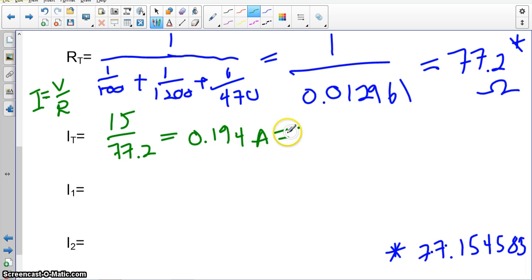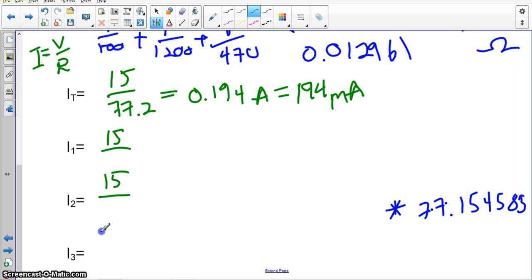You'll see it as 194 milliamps. It's infuriating, actually. And then you do the same thing for I1, I2, and I3. Literally the same thing. You're using the same formula, our friendly neighborhood Ohm's law, and it's going to be 15 over